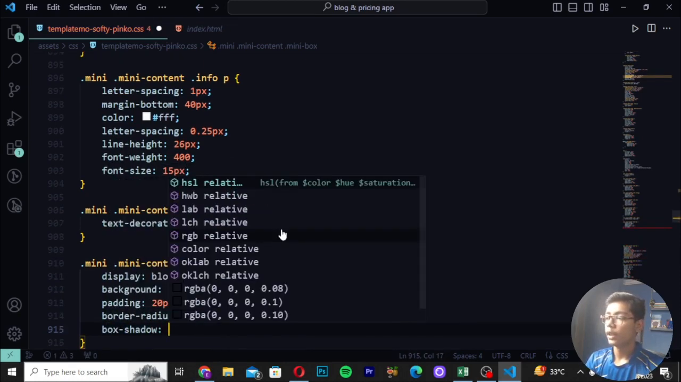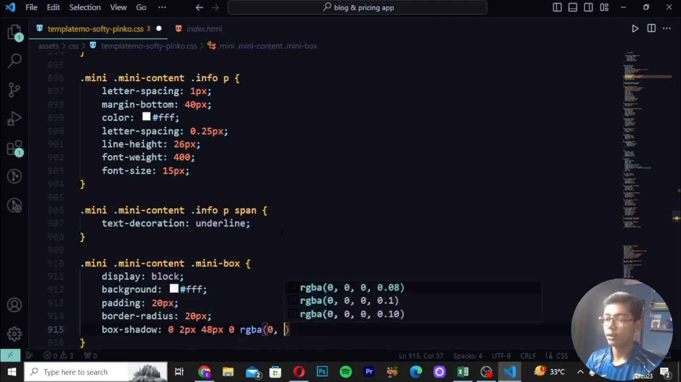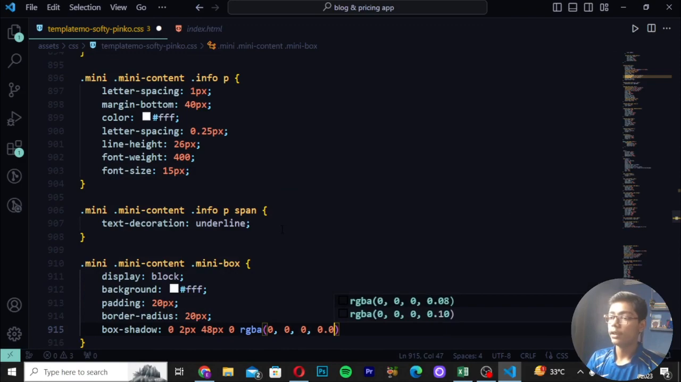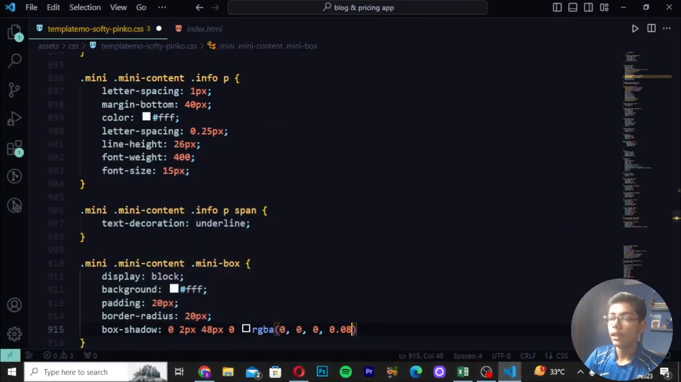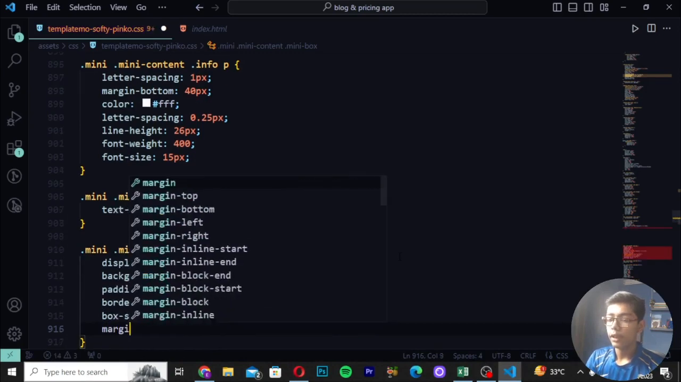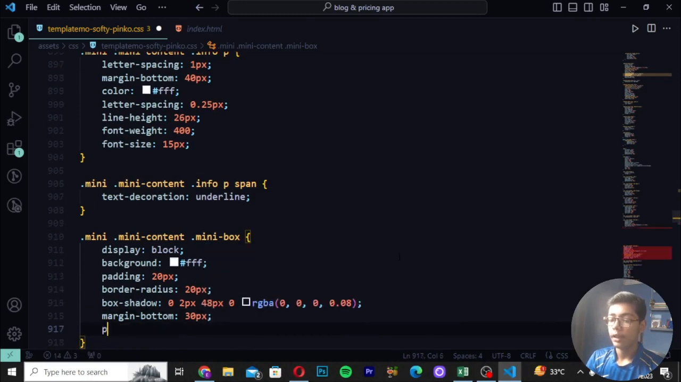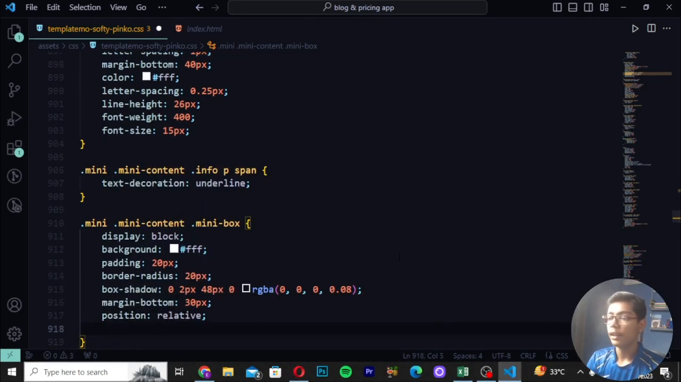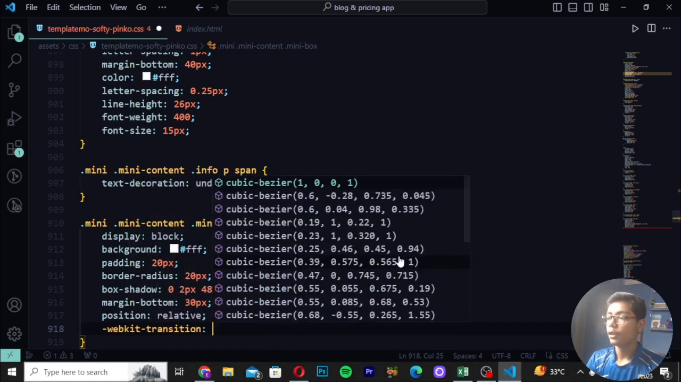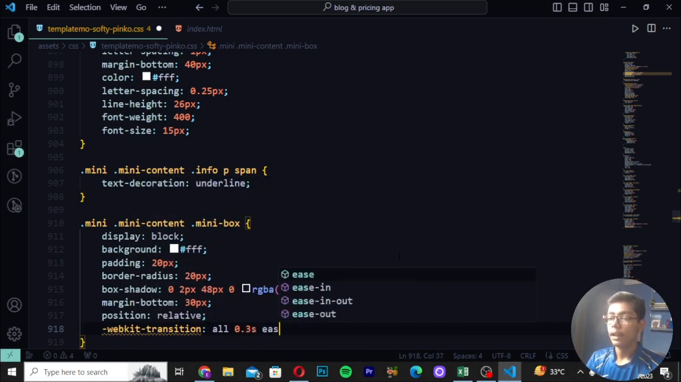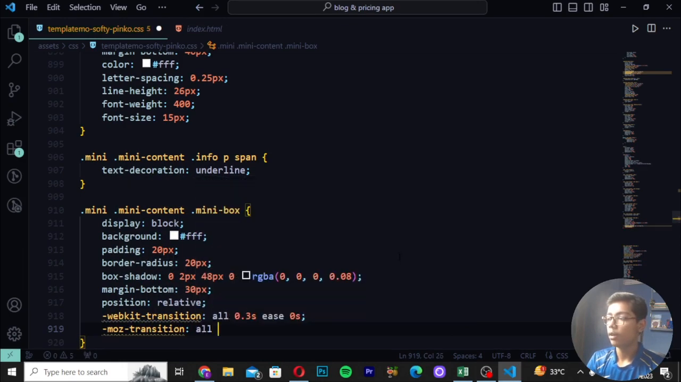Right here box shadow as 0 2 pixel, 48 pixel, 0 RGB, and right here 0 0 0. Then right here 0.08. Then here you can see we have just done with that all stuff, and now when you just done that, you have to simply move down and create margin bottom. And here I will be writing it as 30 pixel and write position as relative. Then here I will be now just doing one thing. I will be writing here WebKit transition, which will be all 0.3s, and I will be writing ease 0s. Then write here moz transition, and I will be writing here all 0.3s